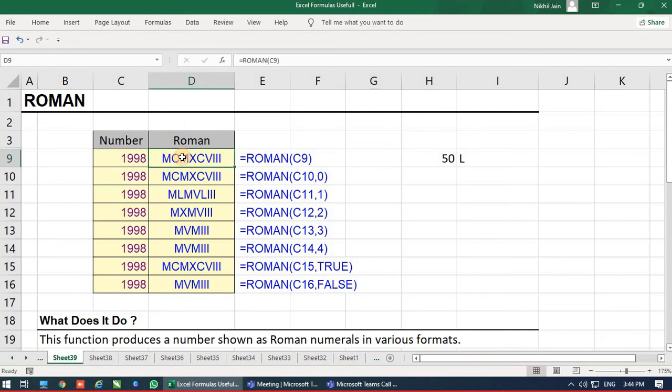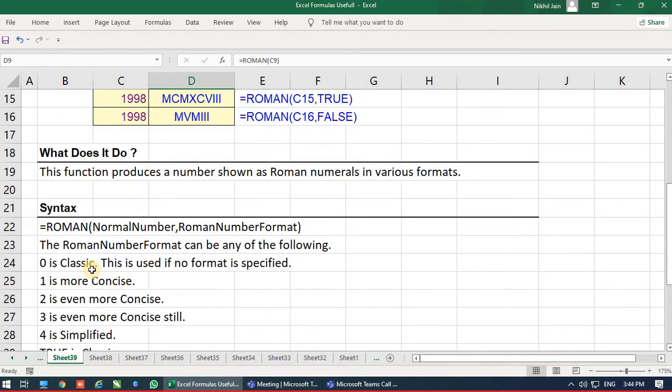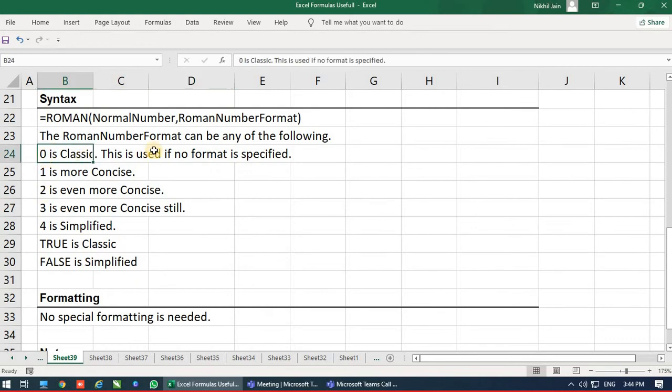The computer works on 0, or we can say it works on the true condition. But if you want to be precise, 0 means classic format. 1 means more concise, which makes the Roman numbers a little smaller. 2 is more concise again, 3 is even more concise, and 4 means simplified.